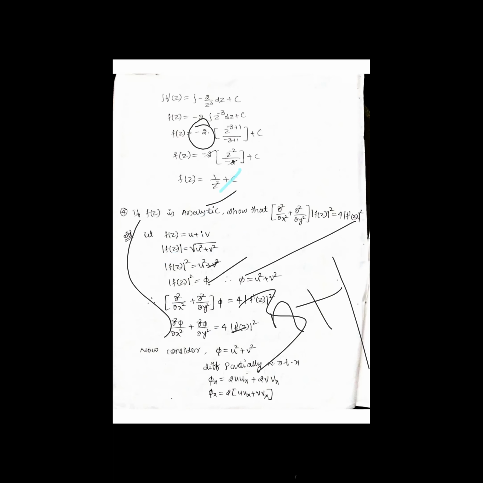Integration: x raised to n plus 1 divided by n plus 1. Here n means what? Minus 3. So minus 3 plus 1, minus 3 plus 1. Instead of x, z is there. So z raised to minus 3 plus 1 divided by minus 3 plus 1. So therefore,